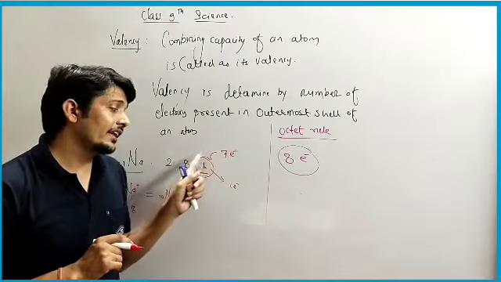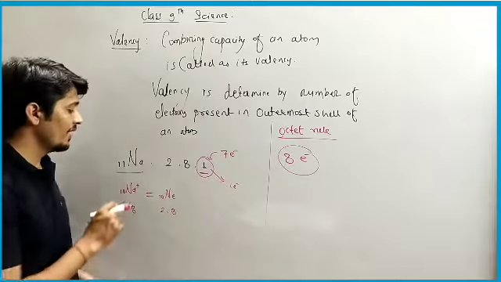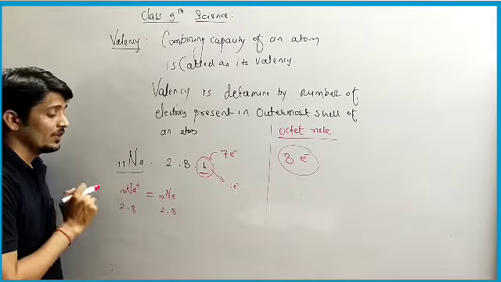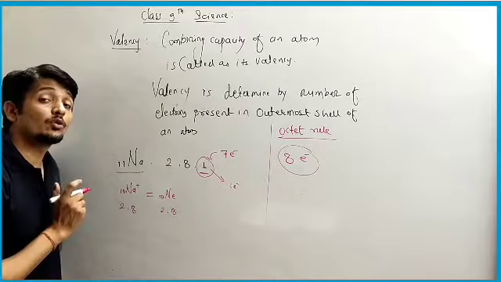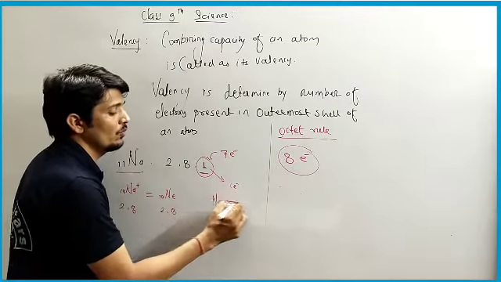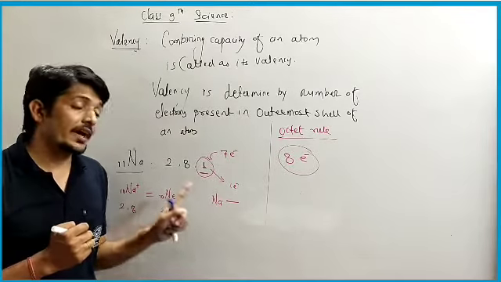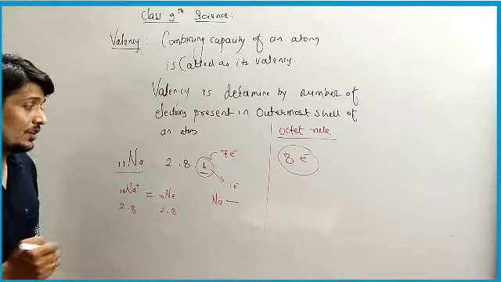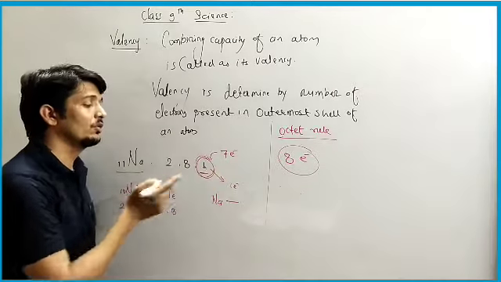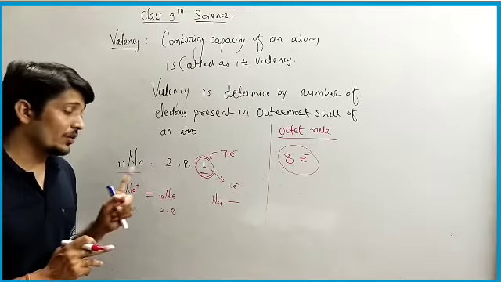It is easier for sodium to lose 1 electron than to gain 7 electrons. That's why sodium acquires a positive charge by loss of an electron. So now what did sodium actually do? It lost 1 electron. That means sodium is going to form only 1 bond. That means sodium has a valency of 1. Okay, so what will the valency of sodium be? It will be 1. So sodium will lose this particular electron to another atom to form the bond.